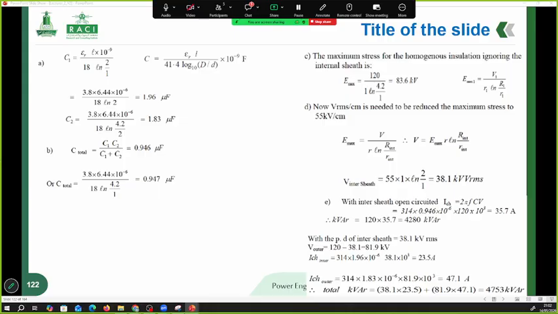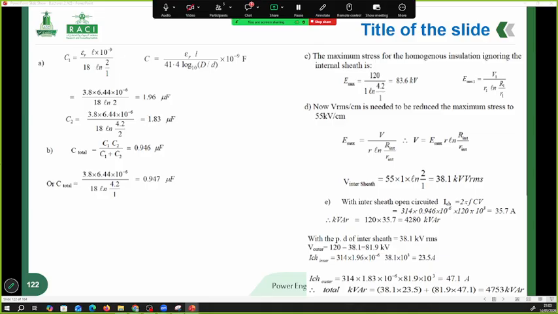By arranging the formula, the required voltage corresponding to the reduced stress level is obtained. The final result shows that the voltage across the internal sheets becomes 38.1 kilovolt, demonstrating how introducing an internal sheet or modifying operating conditions can effectively limit the electric field and improve